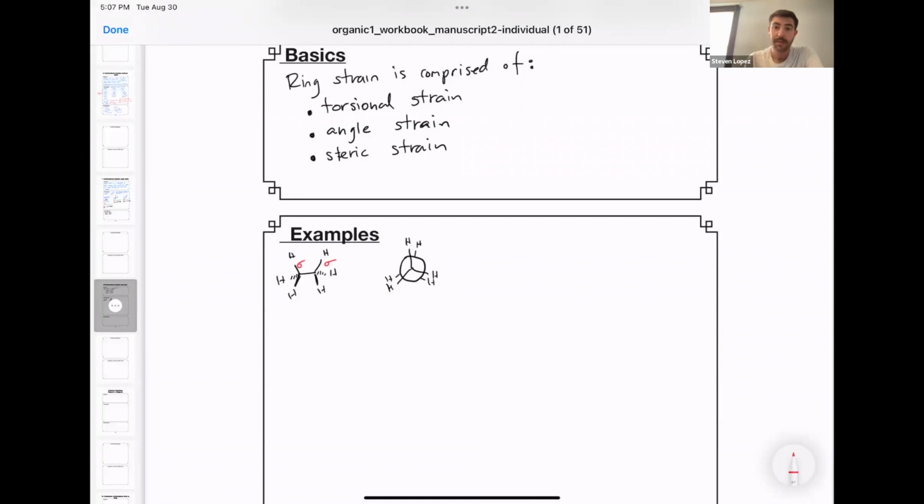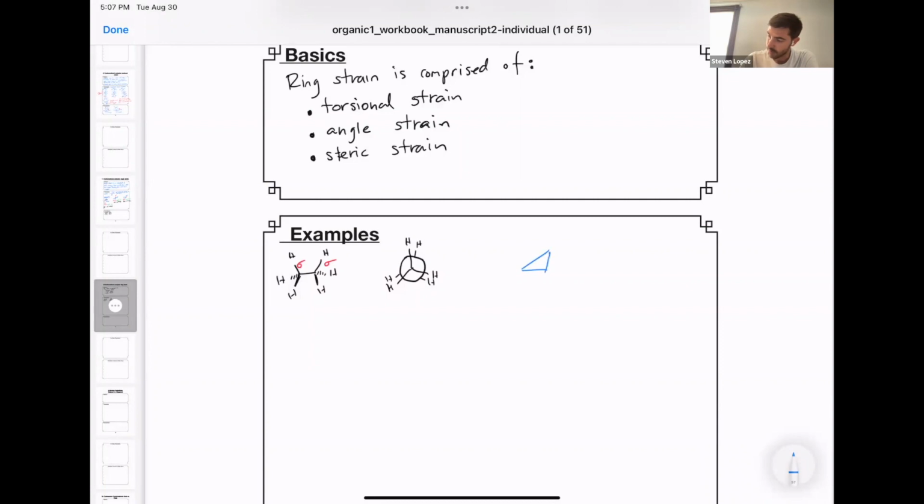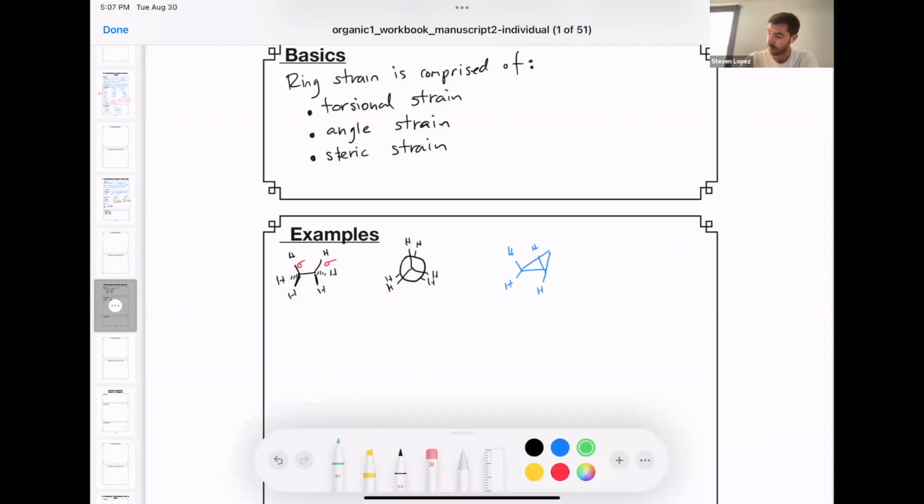This can happen even more so in cyclic molecules, but it's exaggerated because the molecules can't rotate out of that unfavorable conformation. So the worst of these is cyclopropane. Okay, so here's the structure. Definitely encourage you to draw these structures or create them with molecular models. And you can see from this structure that the carbon-hydrogen bonds, which I'm going to now highlight in green, hopefully you can see it with the bolding if you can't see green, these hydrogens are exactly eclipsed with each other, both on the top and the bottom. So this is an example of torsional strain in a cyclic molecule.